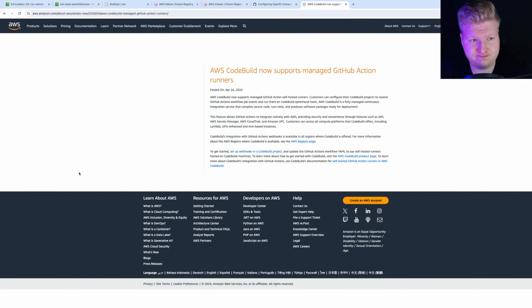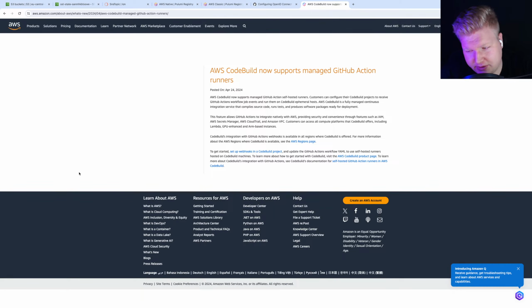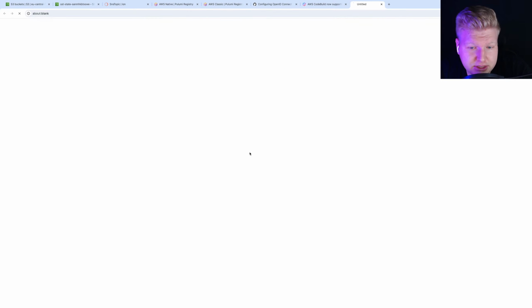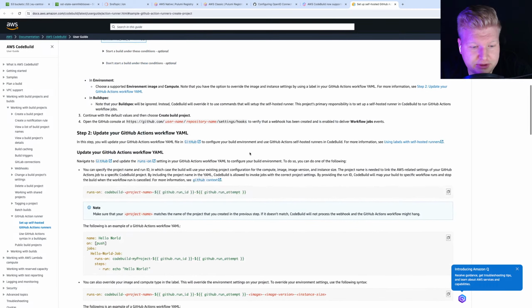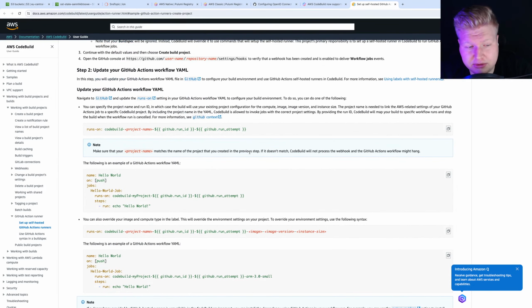So if you have your bill in AWS, everything is in AWS, maybe you have some credits, now you should be able to easily configure CodeBuild together with GitHub Actions and execute the jobs on your AWS infrastructure. That's also very, very cool, in case you, for example, need to access from your CI some resources which are accessible only from the VPC. This is usually the reason why people use CodeBuild on AWS, I would say.